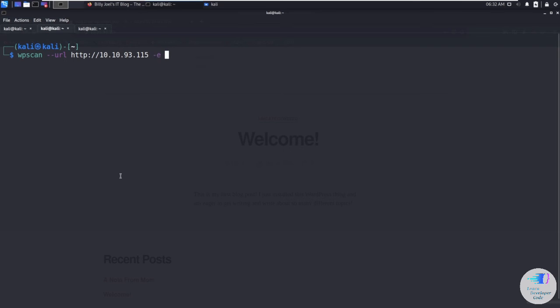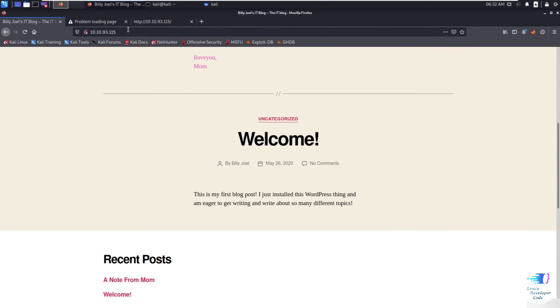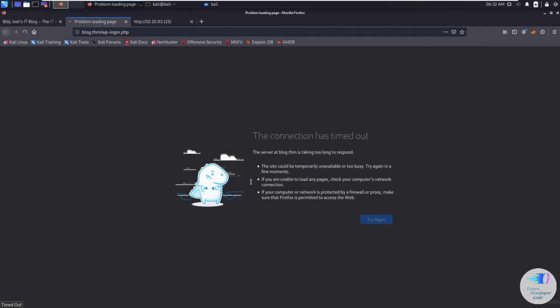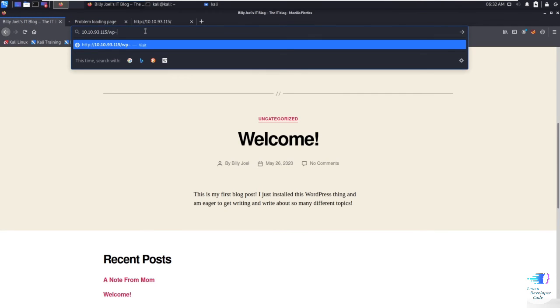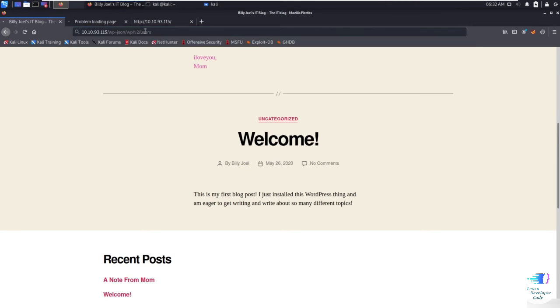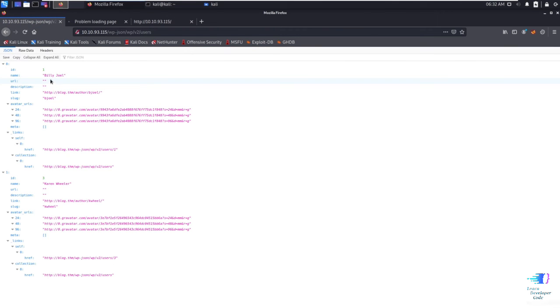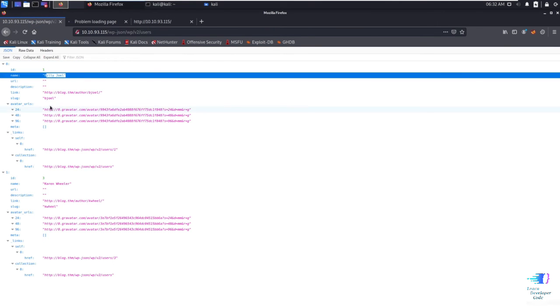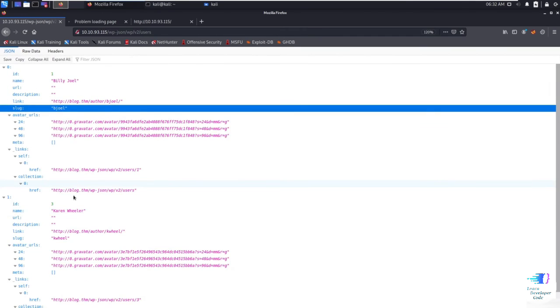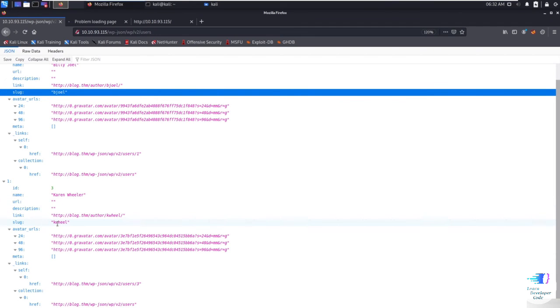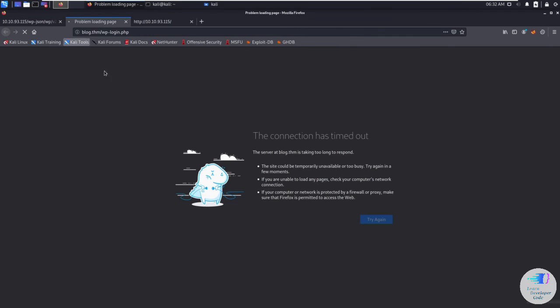Let's enumerate, but first let's check the users manually. wp-json wp v2 users. Okay, first is Billy Joel and its username is bjoel, and the second one is Karen Wheeler and the username is kwheel. So let's go to